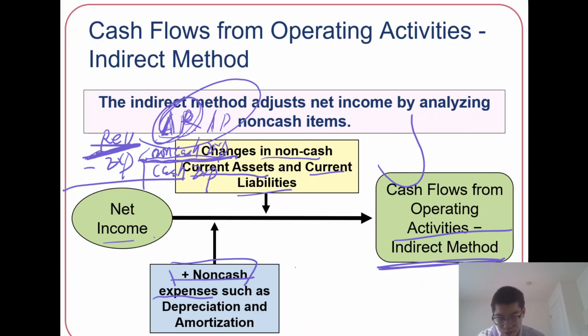And accounts payable really is that we owe something, but it's not a cash outflow yet. So we need to add back the increase in accounts payable, and subtract the increase in non-cash assets